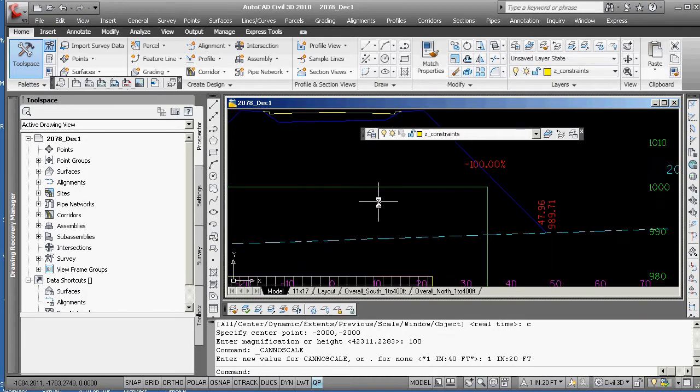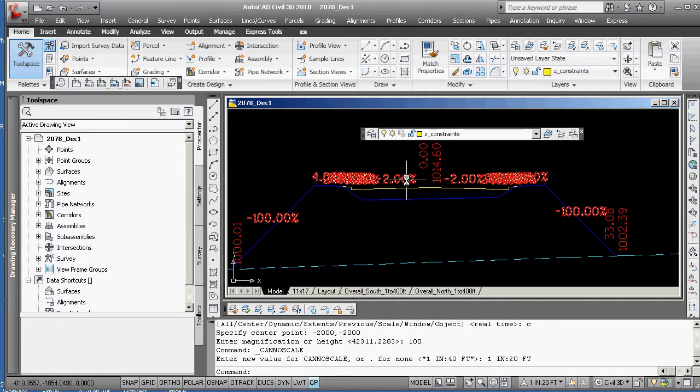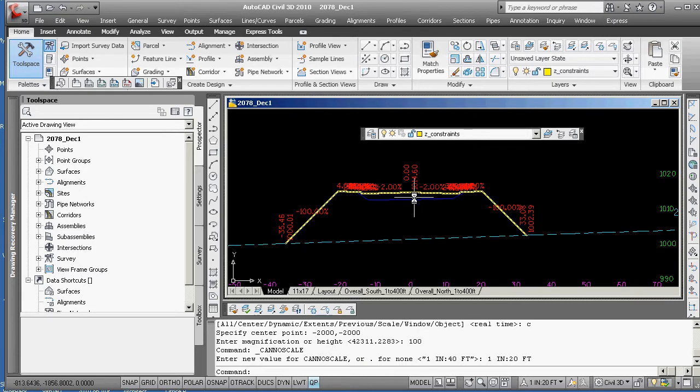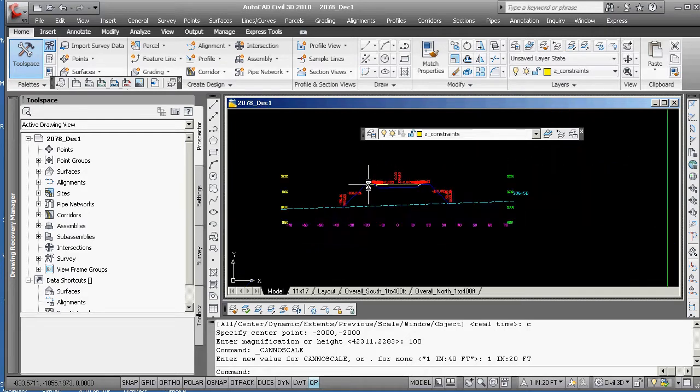So, however, it does lay out your computations. It shows you both the datum surface and the top surface. You see that beyond one point here, they generally tend to match. So